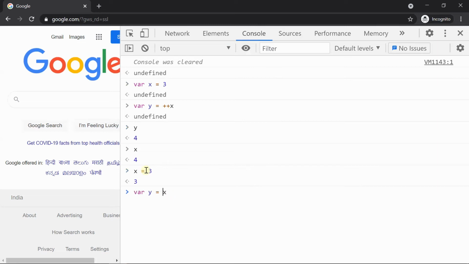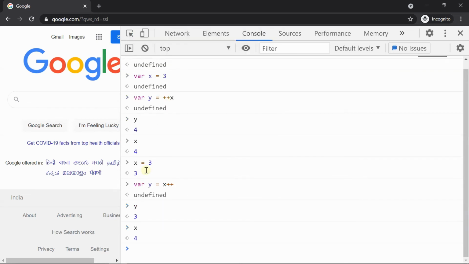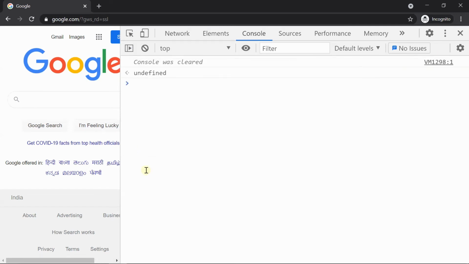And here, plus. Now if you see, the y value is 3 only, but the x value becomes 4, which is expected. So let me clear. Let's see the minus, where x equal to